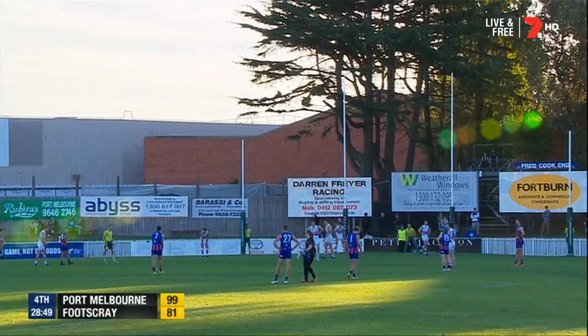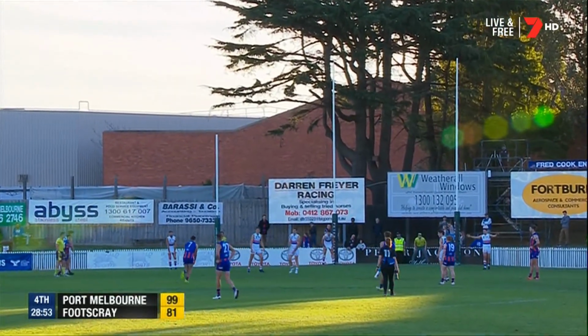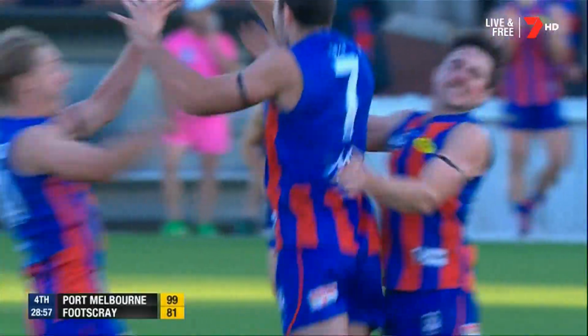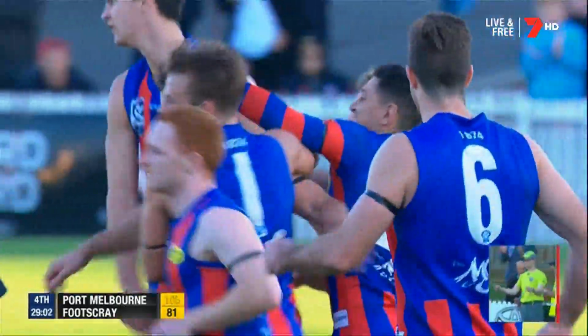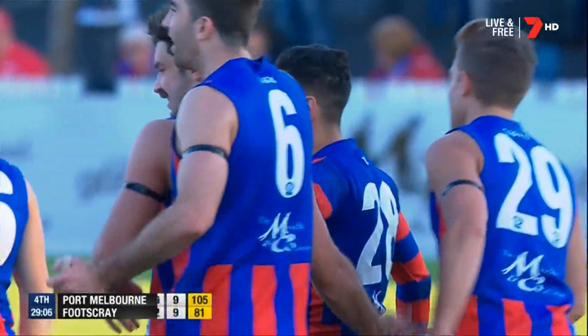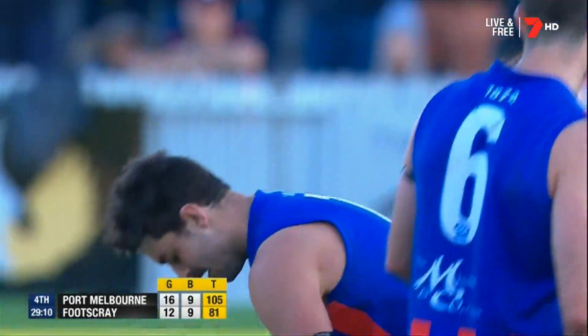And now Dylan Conway for his 4th goal. It's hard to believe that only 5 or so minutes ago that the scores were level. We were wondering which way this game was going to go. And the Borough have just stepped up. They're experienced guys, Lyle, Haratuku, and this man who